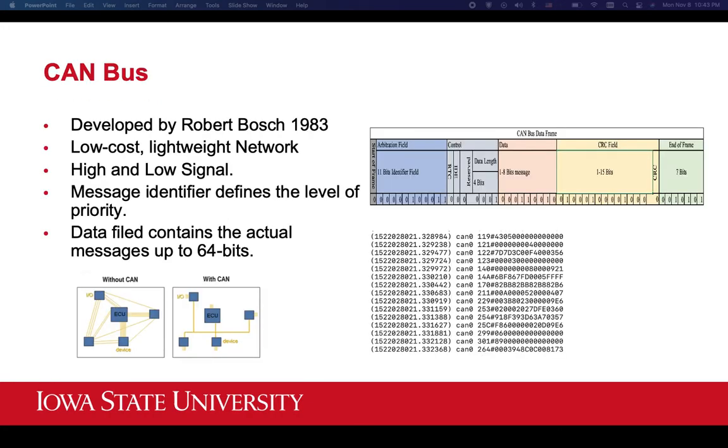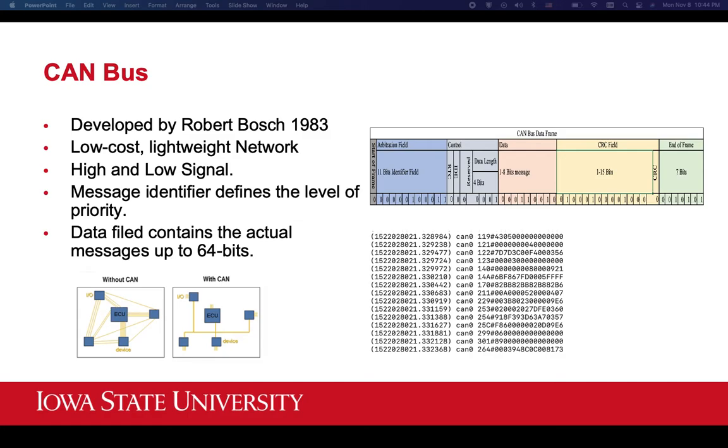So what is the CAN bus? The CAN bus is a protocol that was developed by Robert Bosch in 1983. It's a low-cost, lightweight network that enables communication within the ECUs. As you can see at the bottom, without the CAN bus the wiring gets complex and complicated, and it adds weight to the vehicle. But with the CAN bus, it's simple and does not require a lot of wiring. Also, it allows more ECUs to be added into the CAN bus